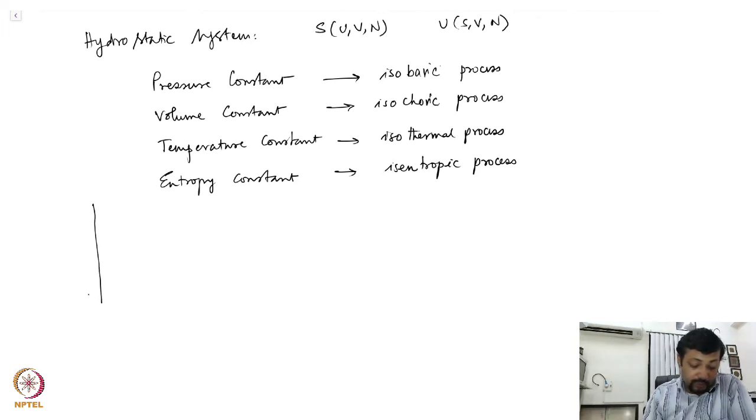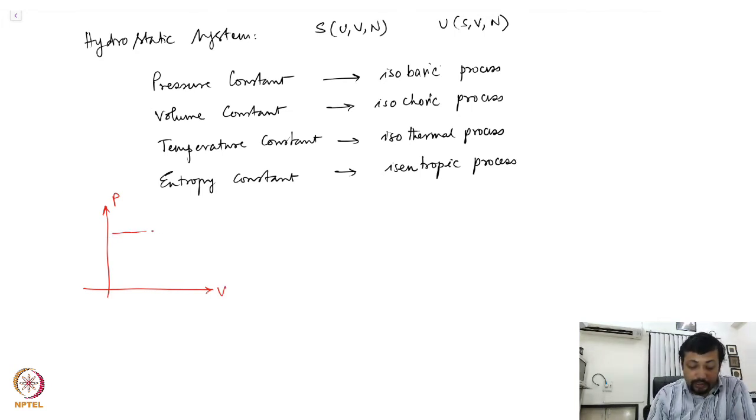So if I, for example, take the PV diagram, let's use a different color now. In a PV diagram, an isobaric process is where you take the system from A to B, where your pressure is held constant. An isochoric process would be this one where you go from B to C, where your volume is constant. Now clearly, how does an isothermal or an isentropic process look? For that you have to know the type of system you're looking at. If I look at an ideal gas,